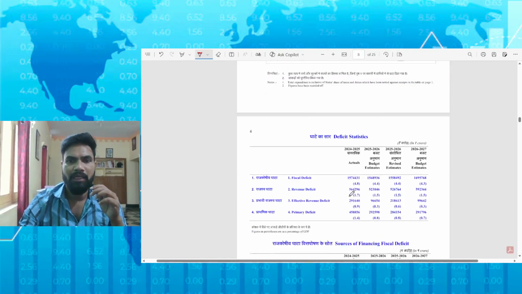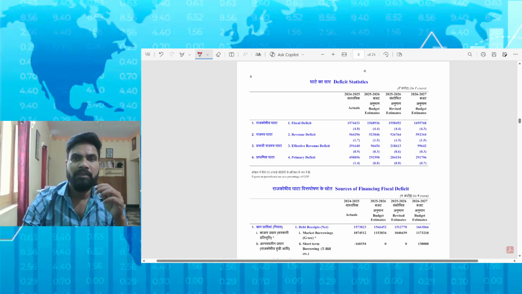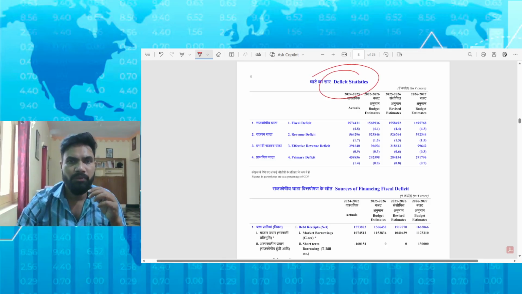So you can understand the gravity of the burden of pensions on the government. Then we will see some statistics related to deficit. So fiscal deficit we have already seen, 16 lakh crore rupees roughly, which is 4.3% of GDP. Revenue deficit is 5,92,000 crore rupees, means roughly close to 6 lakh crore rupees, which is 1.5% of